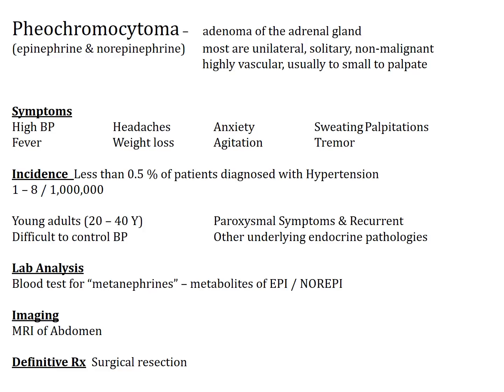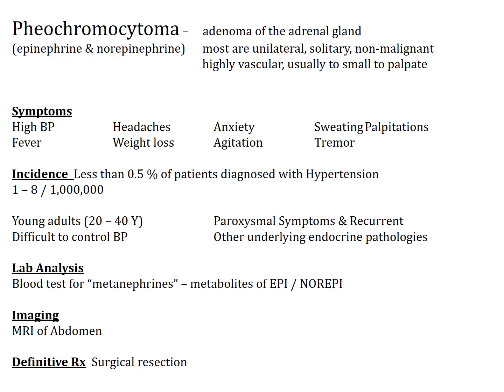Very often they have very difficult to control blood pressure. Their symptoms tend to come on suddenly, and their symptoms tend to be recurrent due to that persistent and intermittent release of the catecholamines. These catecholamines can be picked up in blood or in urine. Sometimes they're looking directly for the catecholamines. Sometimes they're looking for the breakdown product of the catecholamines. So the metanephrines are the breakdown products of norepinephrine. Individual has the symptoms with high amounts of these catecholamines and metanephrines in their blood or urine.